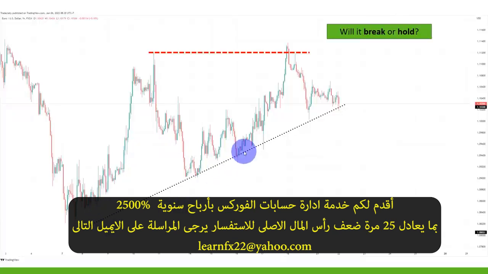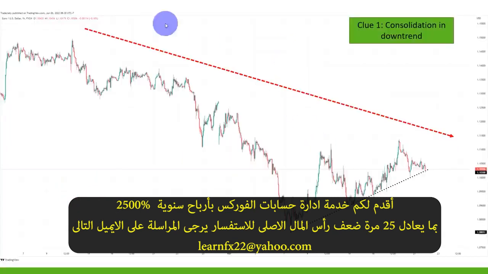So we have a trend line here. And what do we see? What do you think? Is this trend line likely to hold or break? Let's analyze it. First of all, we see we have a double top here, which is already an important indication because it tells us that at one point there was a bullish attempt for a breakout, but the bulls seem to have failed. Of course, we are still making higher lows, so we cannot neglect that, but this is an